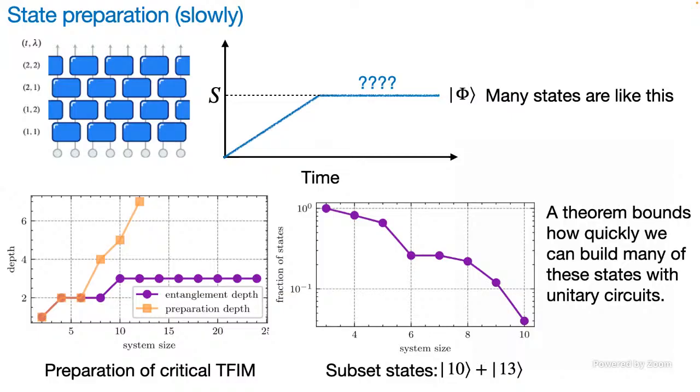Subset states are linear combinations of a small number of binary numbers. 1, 0, 1, 1 plus 0, 0, 1, 1, 1 plus 0, 0, 0, 0, 0. These are very popular in quantum cryptography. Macron works with these a lot. And these are very low entanglement. With a linear superposition of a small number of things, the entanglement isn't very high.